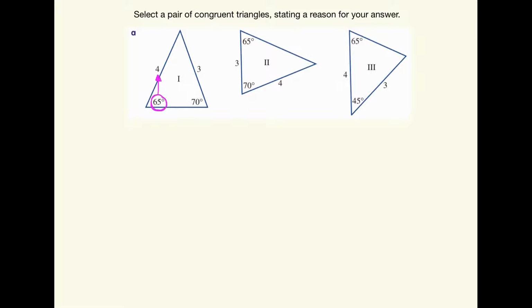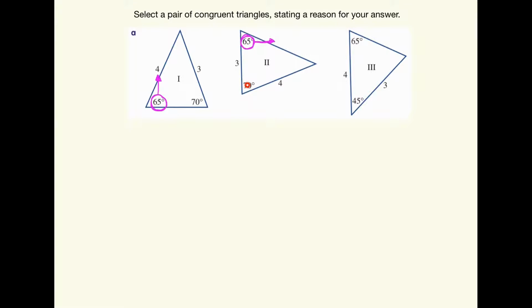Now you need to determine if that's the case with your other triangles. Let's see if we can do that. So let's circle 65 on our second triangle. If we go up, now take note that the triangle has been rotated, so this is going up. If you go up, it doesn't look like we landed a 4 there. There's nothing there, we don't know what length it is, but we can determine that it's not going to be 4 because this angle of 65